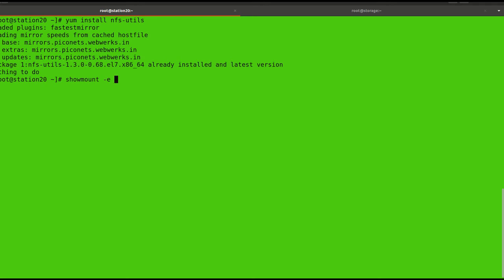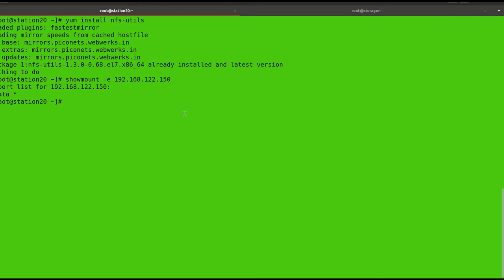Now there is a command, showmount -e. From this command you can query the remote system, I mean the NFS server, for what files or directories are shared by the remote system. So you can see here, on this remote system or server, /data is shared with star, which means for the complete network, there is no restriction. So we can mount /data on this system.